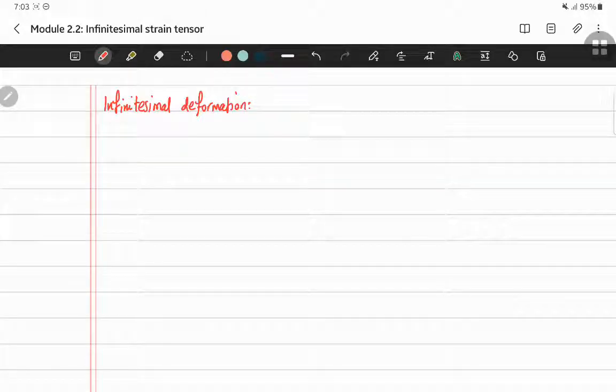Hello everybody and welcome to this module. In this module we're going to discuss the infinitesimal deformation. You might have heard of this, but here we're going to talk about the origin of the infinitesimal deformation. So we're going to develop some mathematical formulation which lands us finally